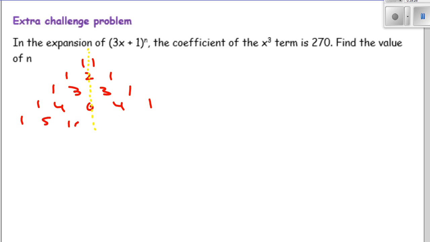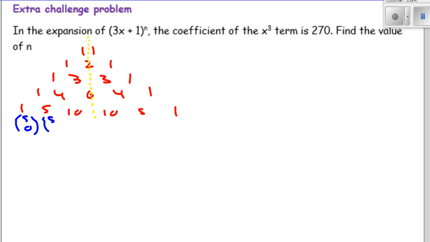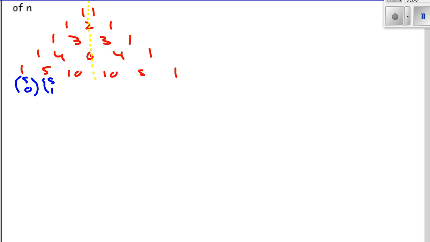So just pointing out that, say with this one, 1, 2, 3, 4, 5, 6, that's like 5 choose 0. This one here would have been 5 choose 1, 5 choose 2, 5 choose 3,